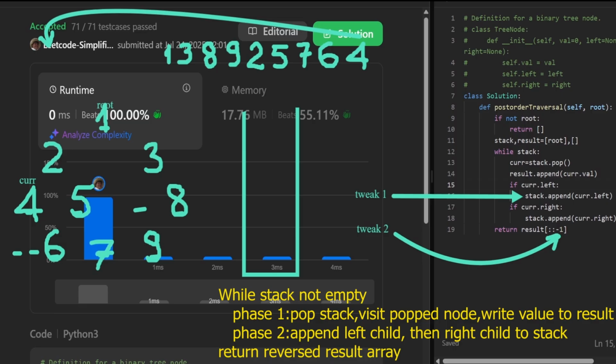space, where H is the height of the tree, due to the stack. This method is clean, recursion free, and handles large trees without hitting stack limits. Understanding how to simulate recursion with a stack is a powerful skill in tree problems. If you're able to walk through this simulation step by step, you're building the foundation for tackling many more tree